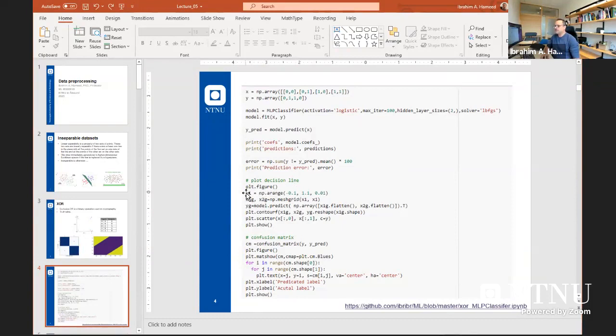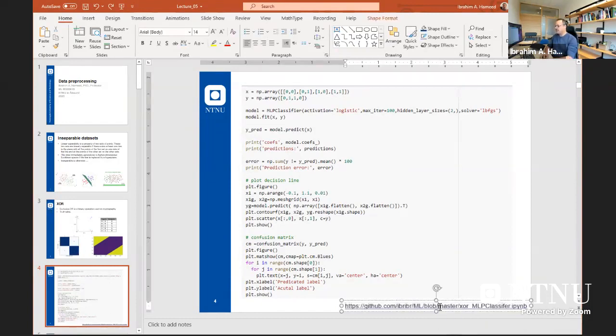So we need to plot the decision line using a grid. We will generate values for x1. Of course, x1 and x2 are in the same range. So I will generate this mesh grid, and I will run the model to predict which class each point belongs to, and plot the contour. And finally, we will get the confusion matrix. It's here in GitHub, it's the XOR MLP classifier if you want to run it. So if we need to run this one,